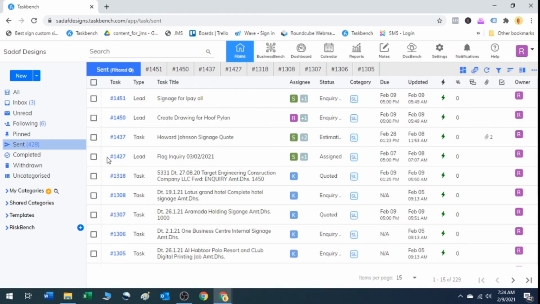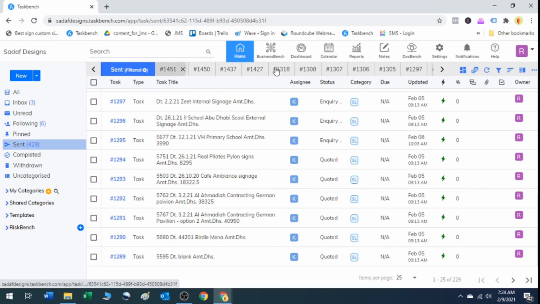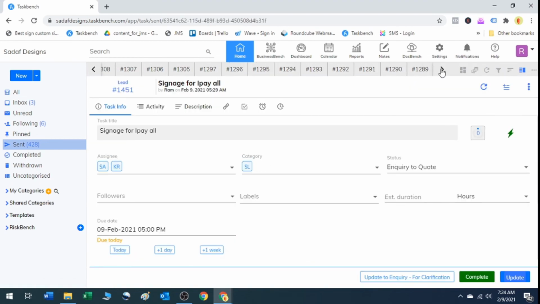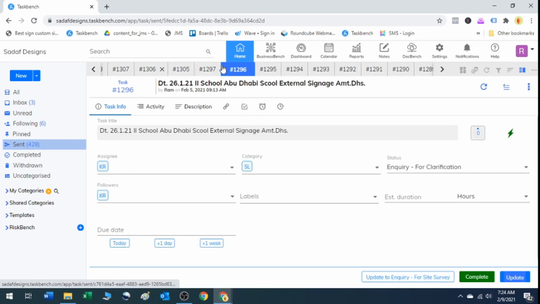Then come back again. Once it is done, make it 25. Go to the other 10 tasks. Open this 10 tasks. Open. All these other tasks are open. So you go scroll here, you can see all the other tasks are open. So you will have 10 tasks at a time visible on this area. Then you need to do a scrolling.